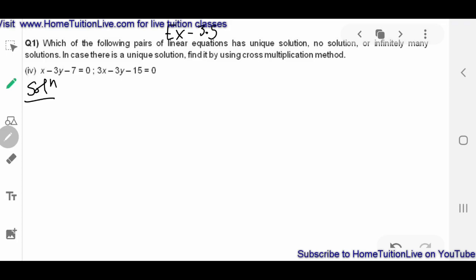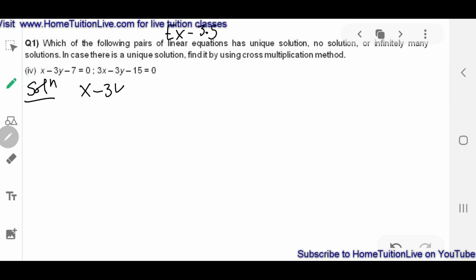In front of us we have question 1, fourth part of exercise 3.5. Which of the following pairs of linear equations has a unique solution, no solution, or infinitely many solutions? In case there is a unique solution, find it by using the cross multiplication method. So what are the equations? Equations are